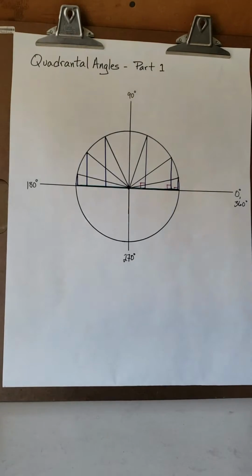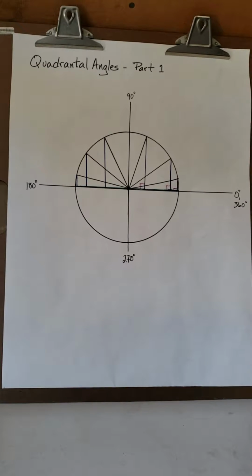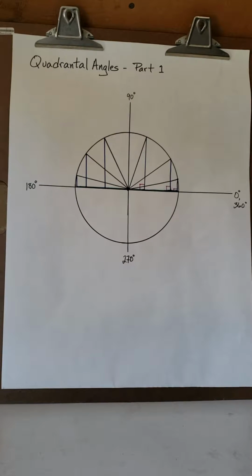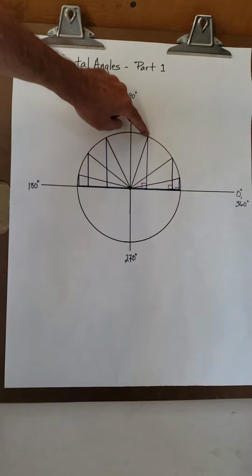We're going to try to figure out what the opposite and adjacent sides of right triangles are as we move toward the quadrantal angles. The quadrantal angles are 0 degrees, 90 degrees, 180 degrees, 270 degrees, and 360 degrees. Now, if you focus on the triangles that are in the first quadrant from 0 degrees to 90 degrees, and you start with the triangle that has the largest angle, which is this one right here,